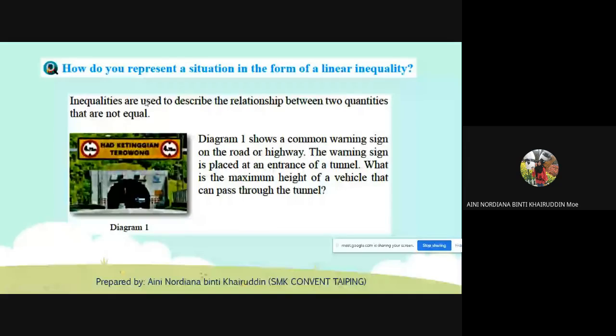What is the maximum height of vehicle that can pass through the tunnel? As you can see here, the height of the tunnel is 4 point something. You can refer to that. Means only vehicles with this height or lower can pass through the tunnel. If greater than this height,